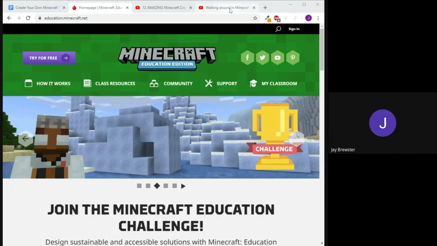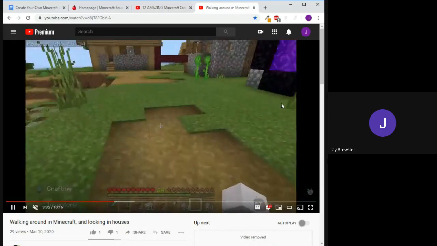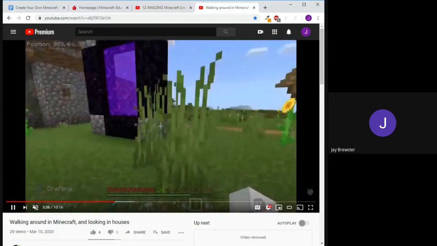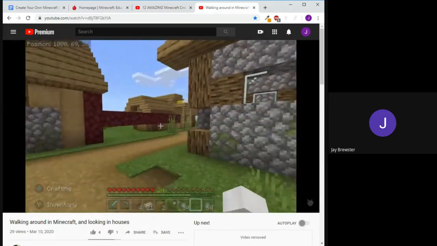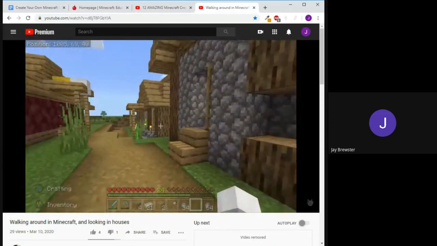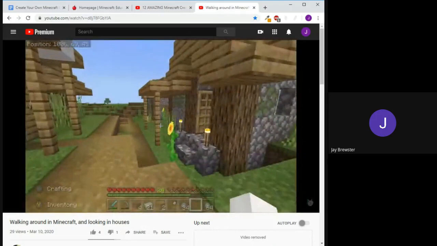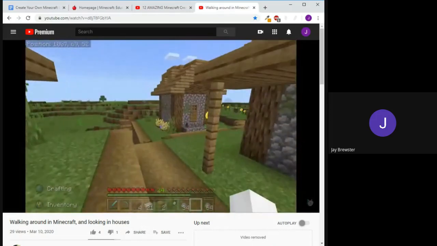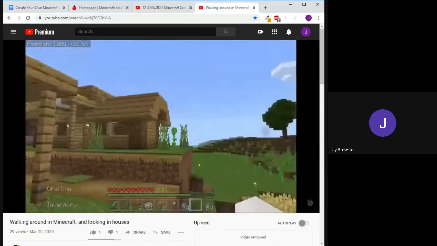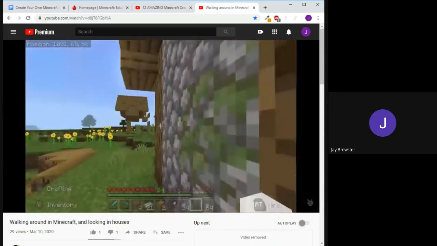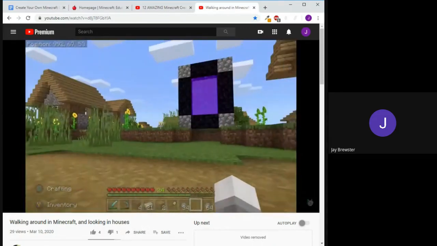So what is Minecraft? Well, at its very simplest level, it is a giant open world game where people can collect materials and build structures and do other activities. There's monsters in it, but it's all in this very simple, blocky, old school looking style. The graphics are very, very simple, but you can do a lot with them. People build pretty amazing things with this. This is a really basic look of somebody just running around this little village. I don't know, just checking stuff out.